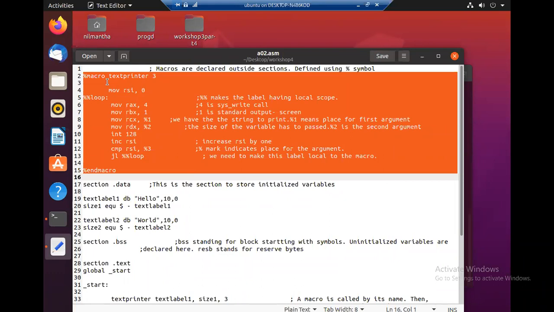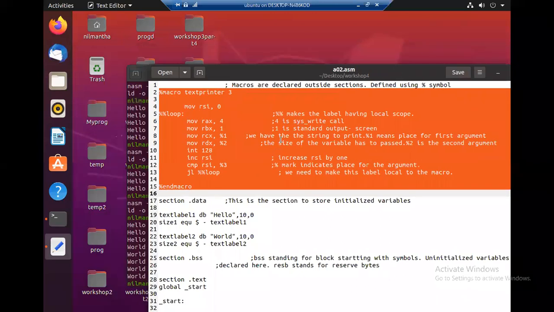In programming languages, these things are most of the time done. Many functions in high level languages are in separate files. Those functions are defined in separate files. When a programmer is writing a program, they will call those functions from those defined libraries or files. So we'll do a similar thing here.